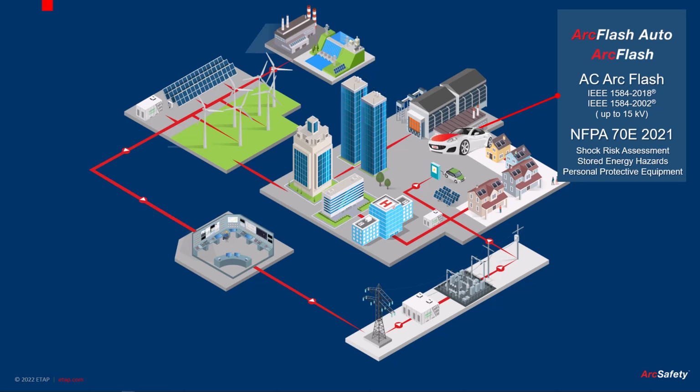The first one that you see here would be none other than the arc flash analysis performed using the IEEE 1584 2018 and 2002 up to 15 kV, as the voltage range is from 0.208 kilovolts to 15 kilovolts, and the corresponding electrical safety workplace standard that is related to NFPA 70 2021 that also comes with evaluating the shock risk assessment and stored energy hazards for capacitors, and also choosing the right personal protective equipment PPE from the equipment